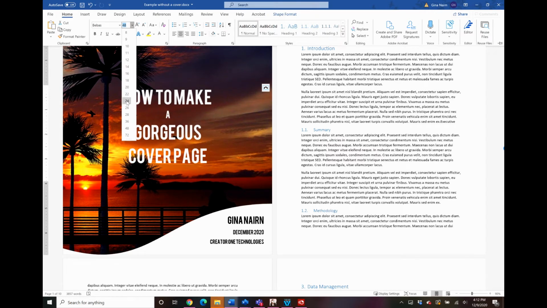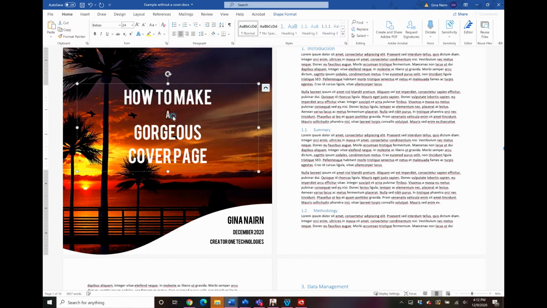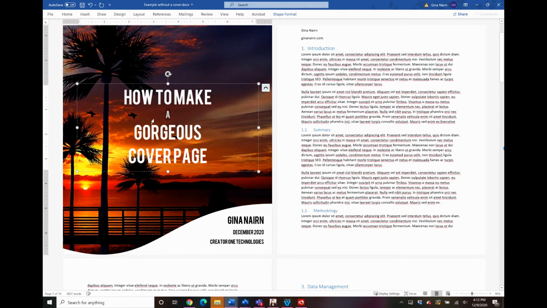Well, the reason is because Shift Enter gives a soft return, and a soft return doesn't put as much space between the lines typically as a hard return, or if you just hit Enter. That'll put a little bit more space between the lines and it doesn't look as good on a title. So use Shift Enter to keep this spacing. You can also go into your paragraph settings and adjust spacing that way if you desire.